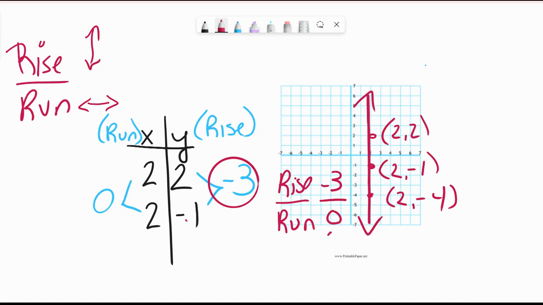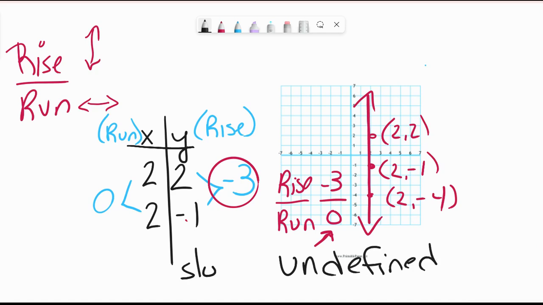Now, anytime you have 0 in the denominator, you cannot divide by 0. So the answer to this would be undefined. This slope is undefined. And it will always be undefined on a vertical line. On a horizontal line, it's always going to be 0. And then on the others, you're just going to calculate the rise over the run and be paying attention to those positive and negative signs, because if the line's going up when you read it like a book, for example,